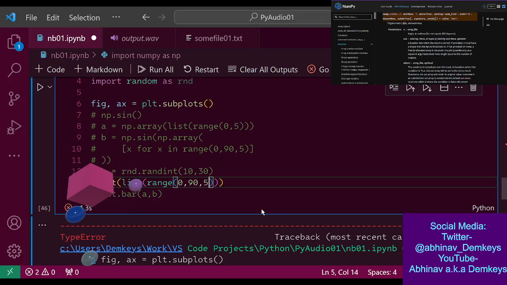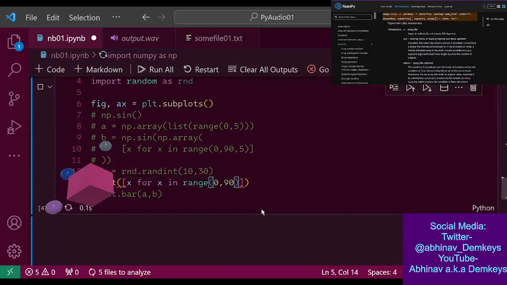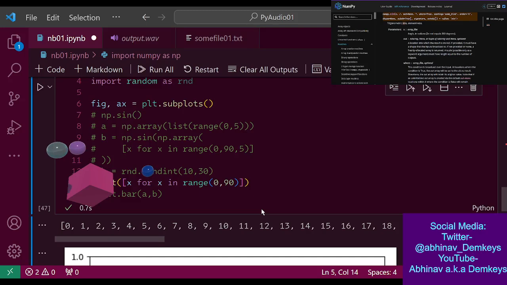Okay. So here's what we can do. We need to find a way to break this. So we can do x for x in range 0 to 90. That's 90 of them. Okay.